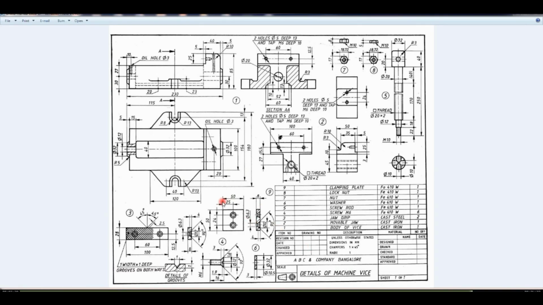Then next part number 9, that is clamping plate, last part of the machine vice. Here you can see height and length or width is same, 50 by 50, 50 square you have to draw, then thickness is 8 mm.